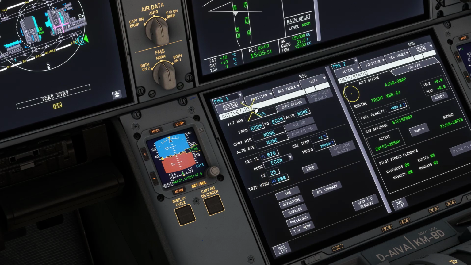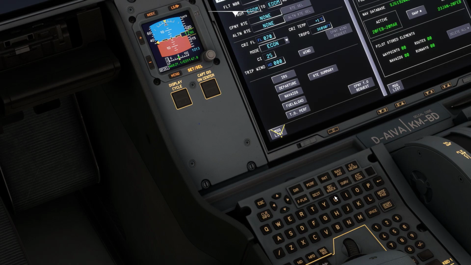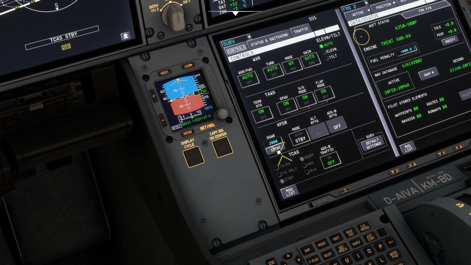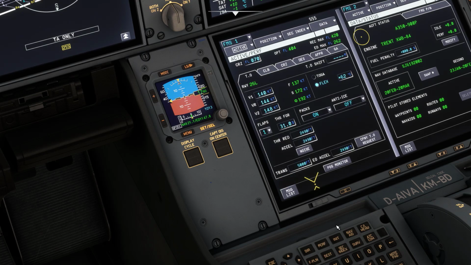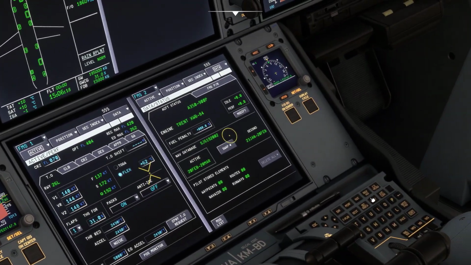And there is one other thing we have to do at the surveillance page, which is that page. We assume the squawk is like that, and we put that to on, and also already to TARE at this point. Yep. Good. And on this side, we go to the performance. And on the other side, we go to the